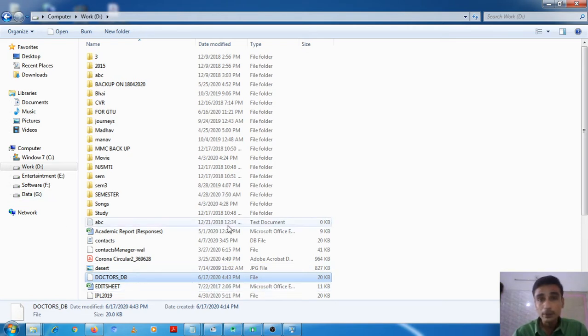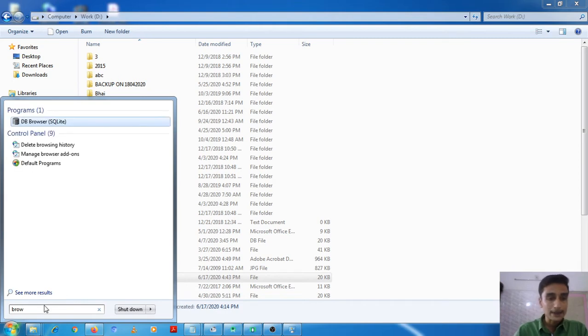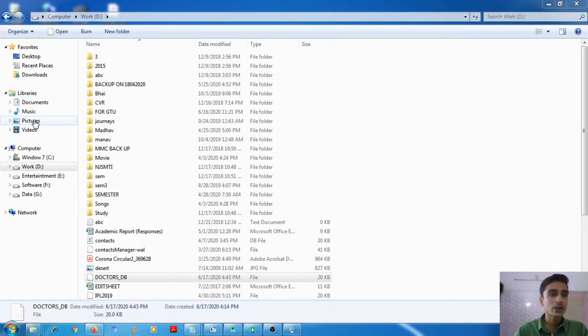I should open it, but if we directly double click on it, it will not open. We should have a proper application or software for opening this file. I have one such software available, that is SQLite browser, DB browser. I will run this DB browser.